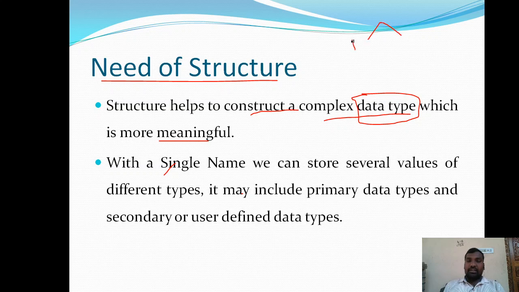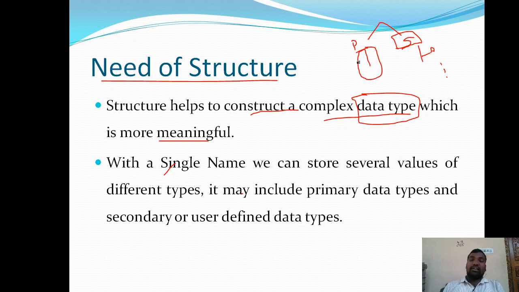Coming to the primary data types, integer, float, and characters are there, and the secondary, user-defined data types, are categorized into arrays, structures, unions, etc. With the help of primitive data types, we can accommodate only a single constant value in those variables.